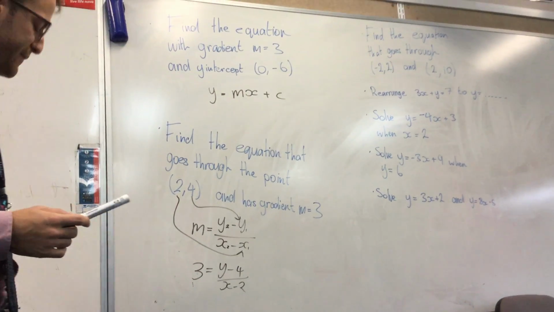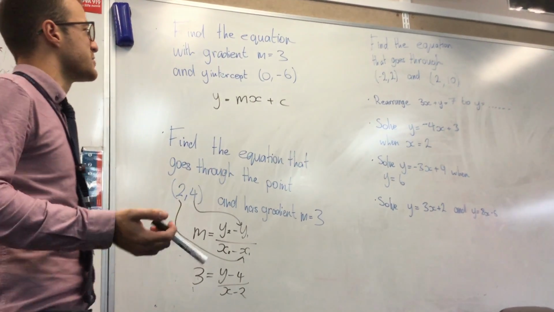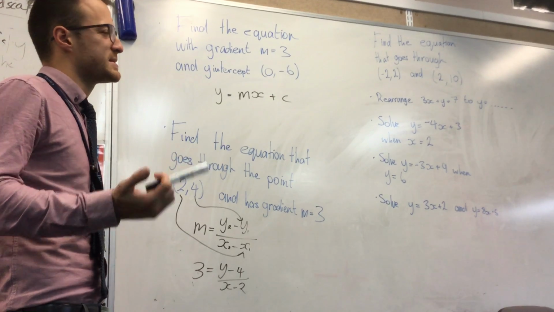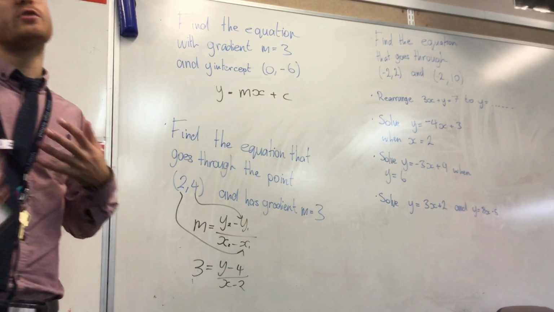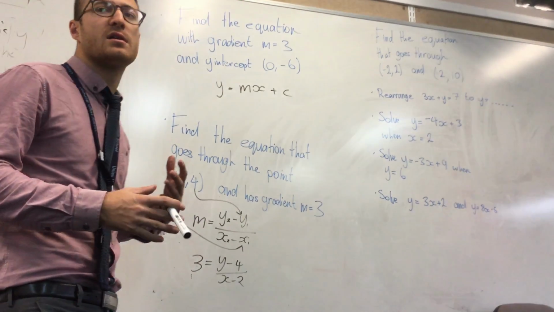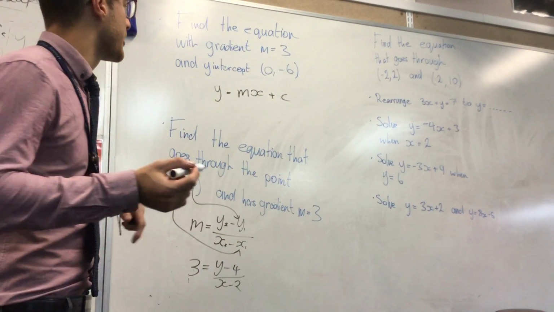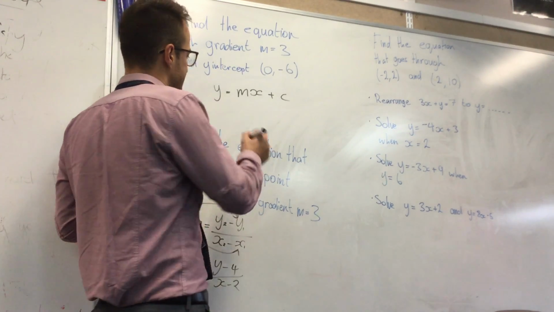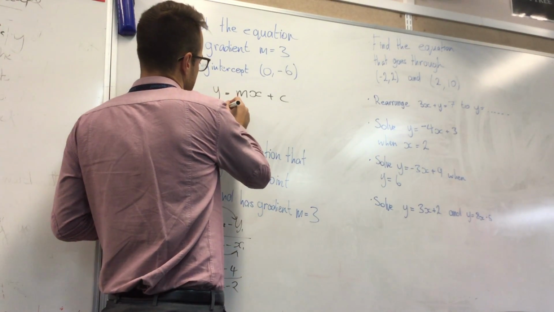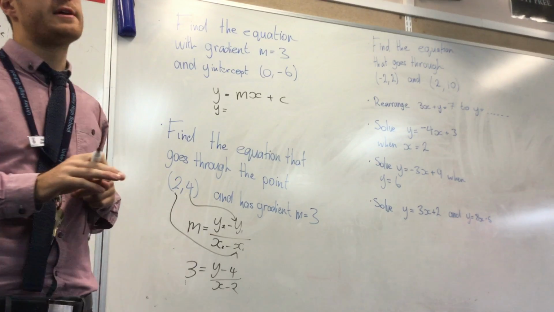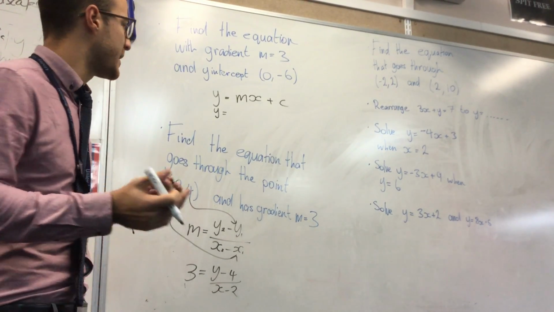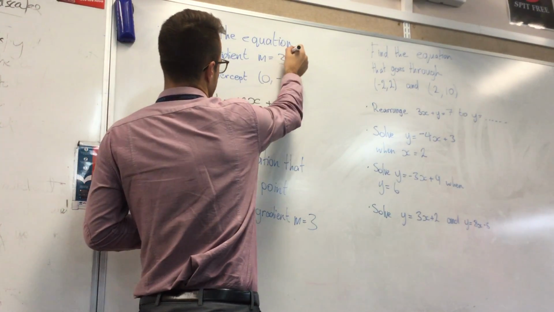Find the equation with gradient m equals 3 and y-intercept 0, minus 6. Now there's no real calculations here, okay? We're just plugging numbers in. So, who can tell me how I'm going to write this? Do we know what m equals? 3. Sweet. So if m equals 3,